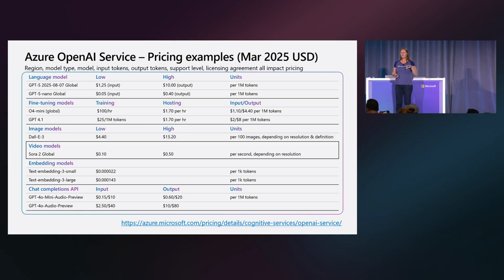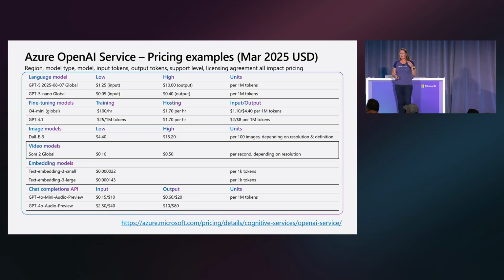So what influences that AI service that will make it generate more cost? This is an example that I've pulled of some of the Azure OpenAI services where if we have a look at the GPT-5 global model, you're starting at $1.25 US per 1 million input tokens. And we'll have a conversation about tokens in a minute. But then you've got an output cost of $10 per 1 million processed tokens